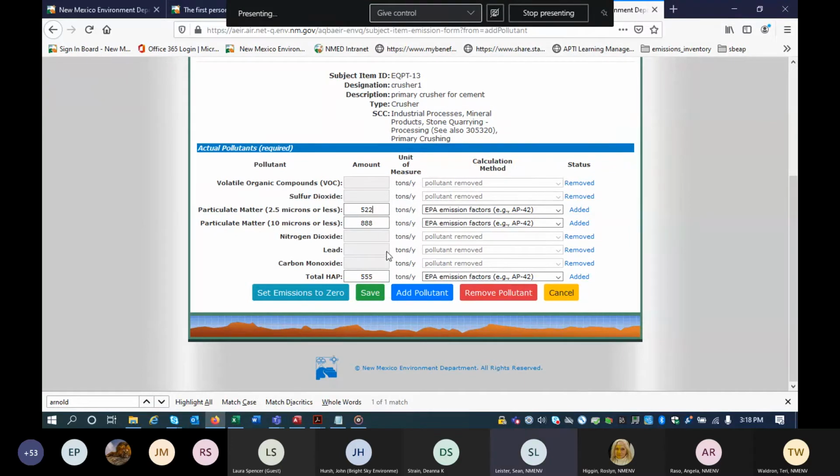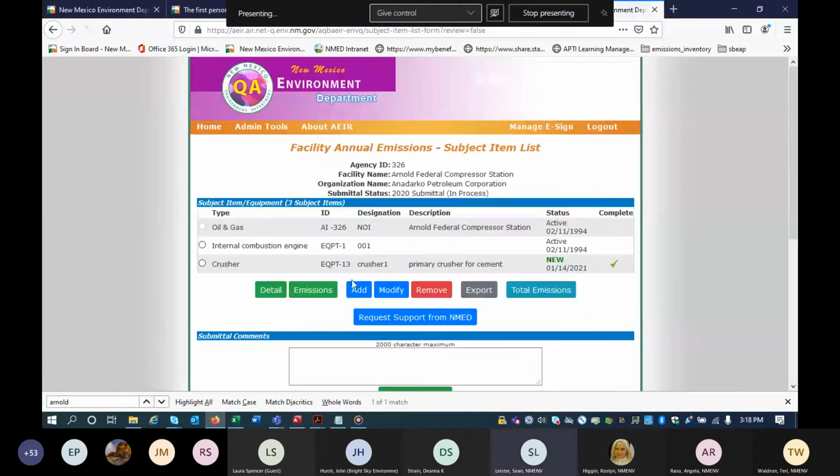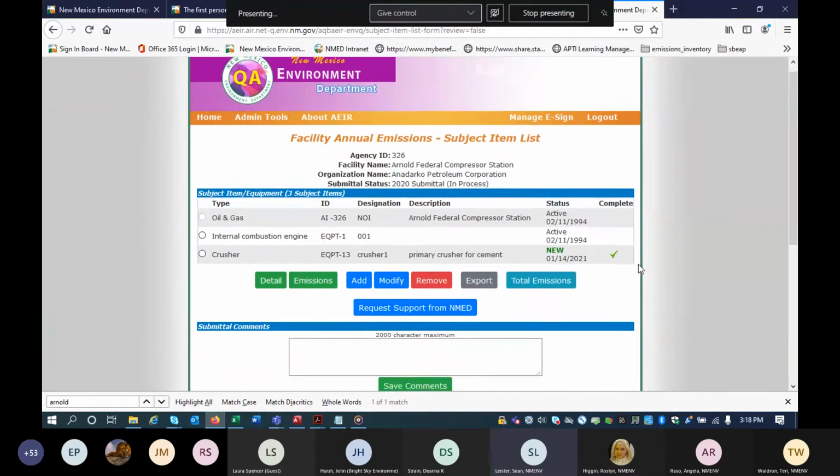And also, just so that you know, you can also add decimals to this file. I believe our position is 3 decimal points as of right now, but feel free to put as many as you need and it'll round it. Once you have your amounts for the entire year in here, as well as the calculation methods you used, you can click on save. And it'll show that this piece of equipment is now complete, with the check mark to show that it is complete.